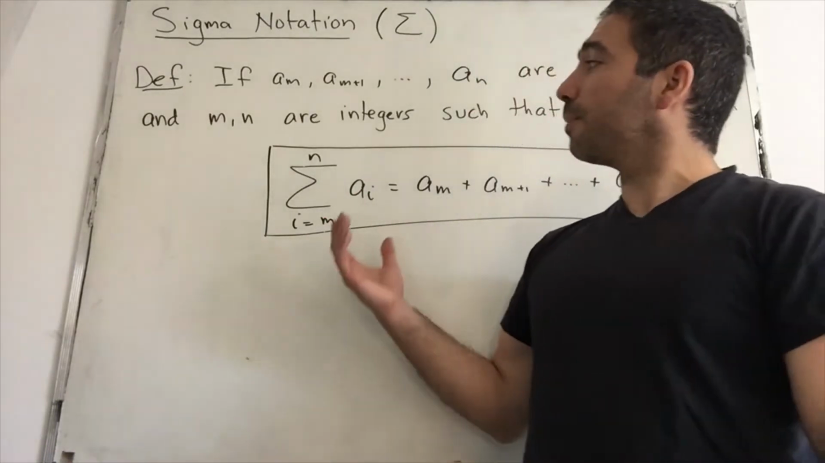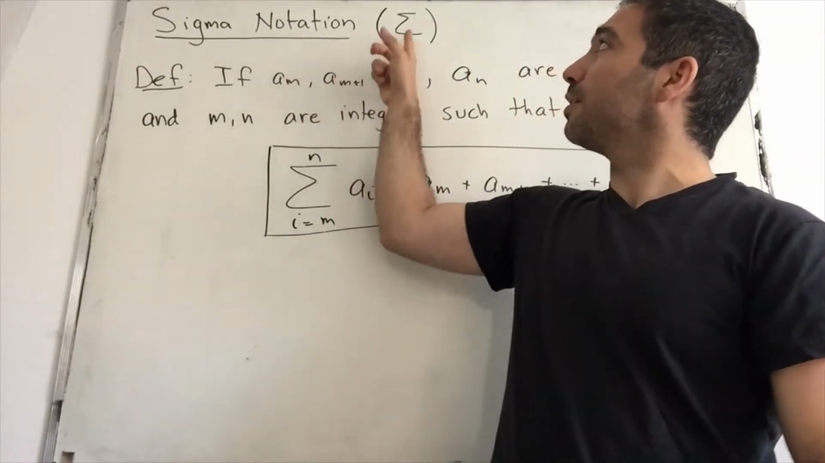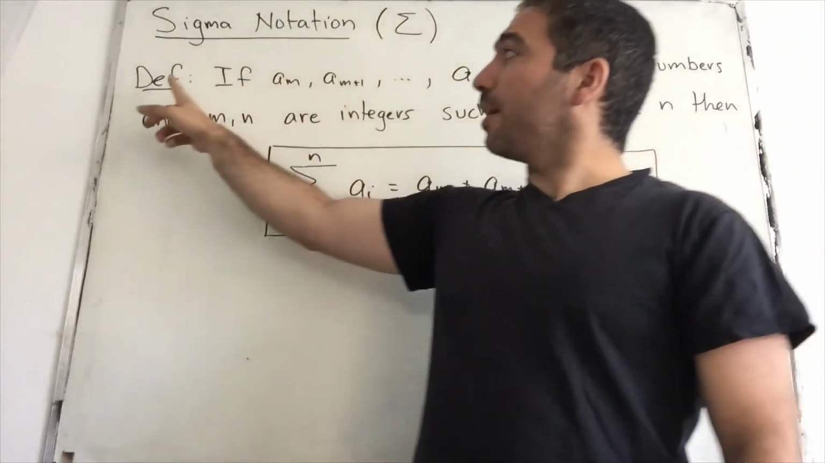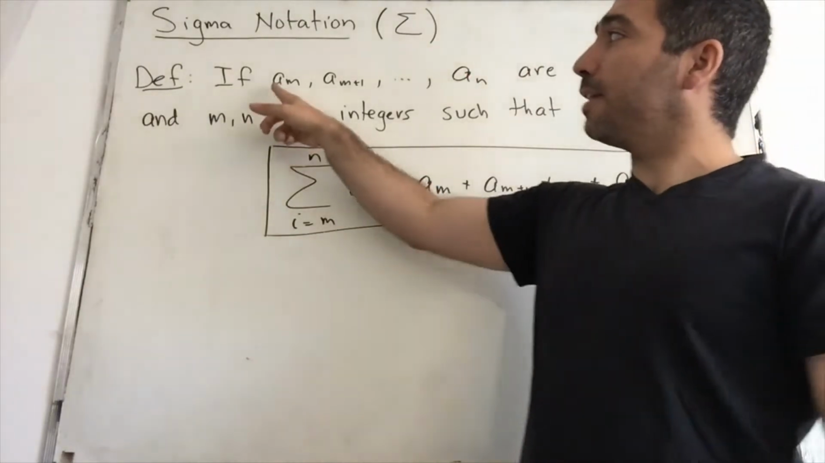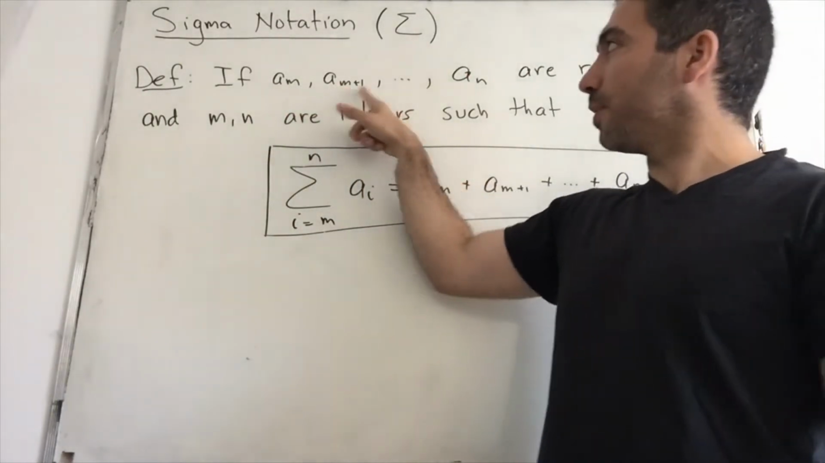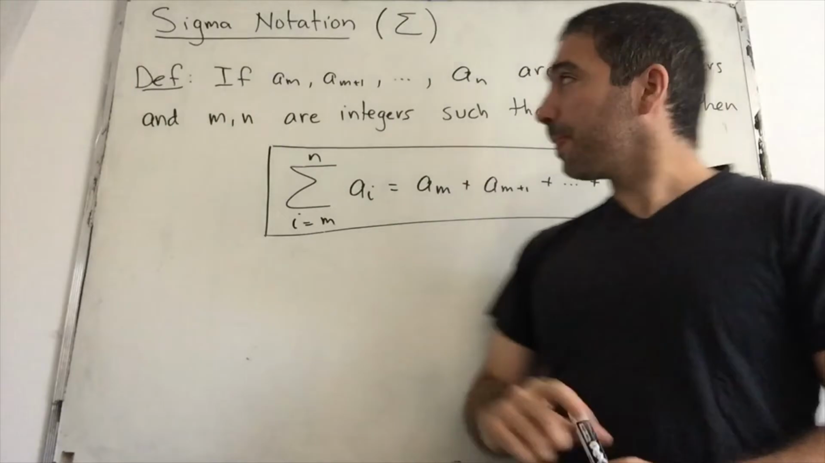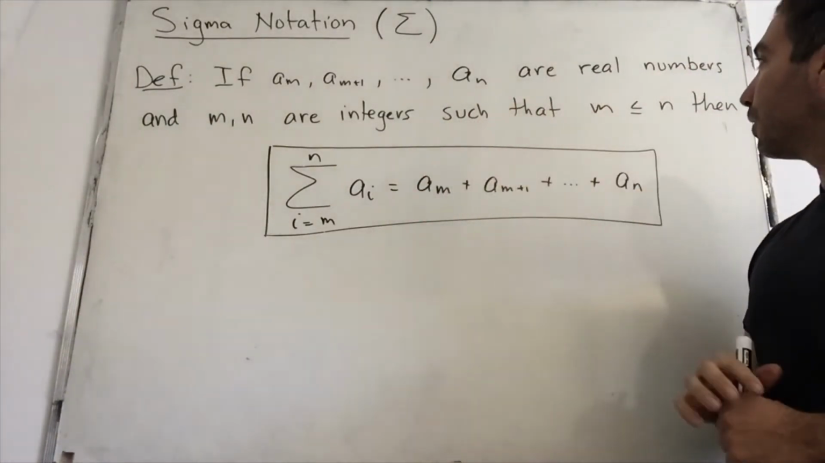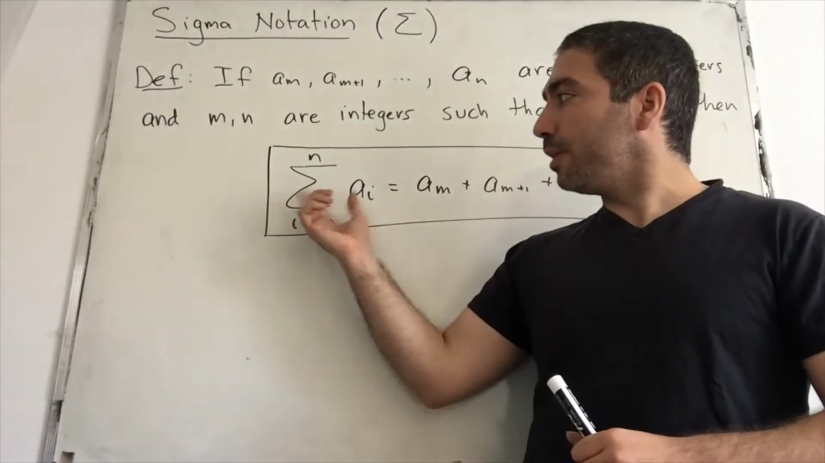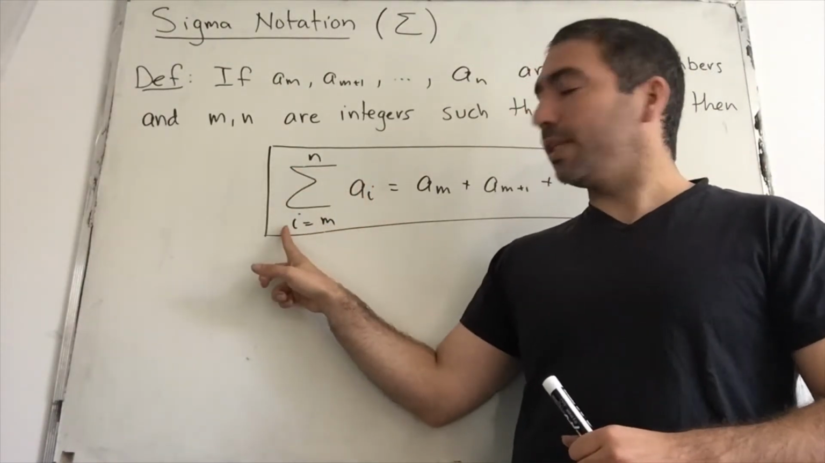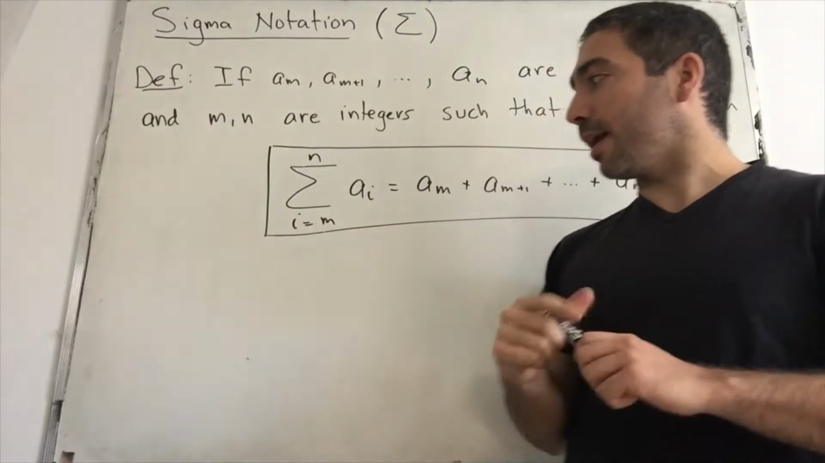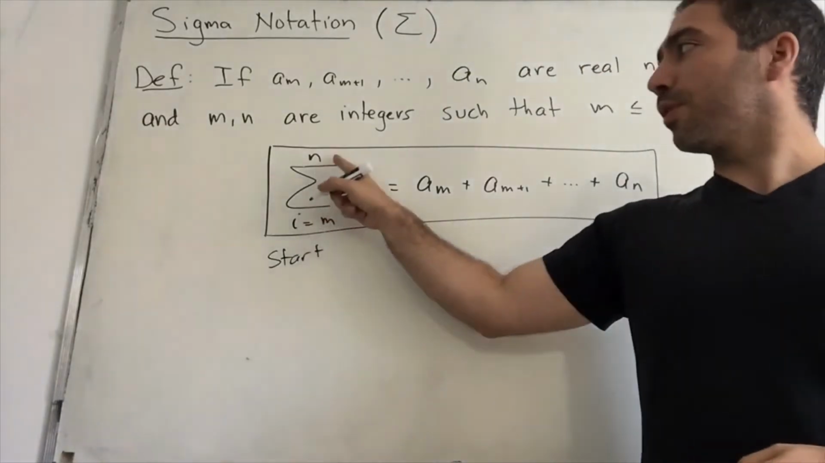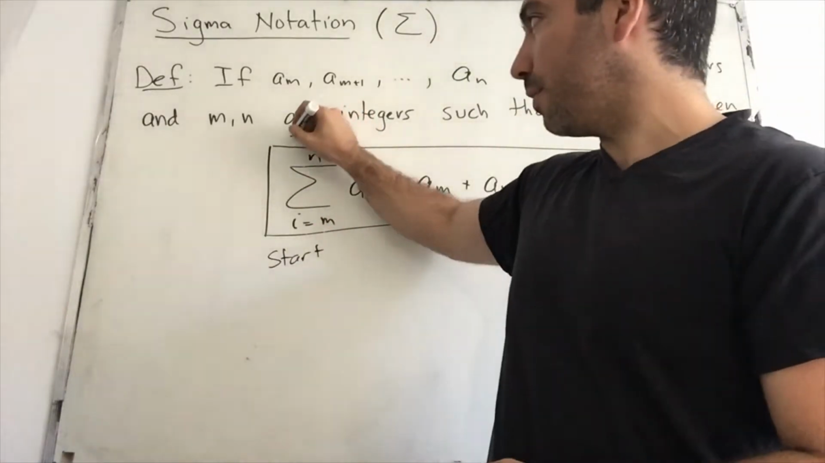So when we're talking about finite sums, the symbol that we use is the Greek letter sigma, which is this symbol over here. By definition, we say that if a subscript m, a subscript m plus 1, all the way to a subscript n are real numbers, and m and n are integers such that m is smaller or equal to n, then the symbol we use is sigma with the index i. We're starting at m. This is the starting point. We start at i, and we're going to finish at n. This is the n value